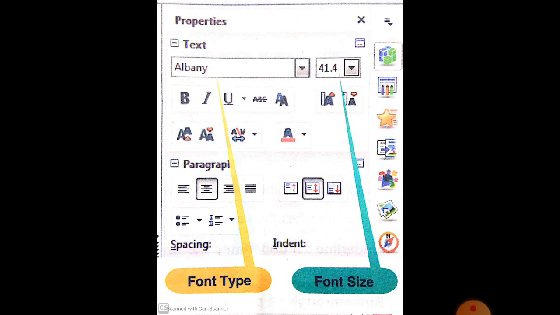As you see in this picture, we can apply the font type or font size.